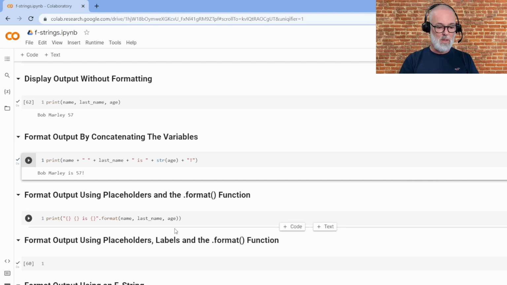But one thing to note here is that, as before in this previous example, I had to cast this age variable as a string because it was being concatenated with other strings. In this example, when I'm using the dot format function, I don't have to do that. All I have to do is name the variables in the same order that we wish them to appear in these placeholders. I'm going to run this cell,